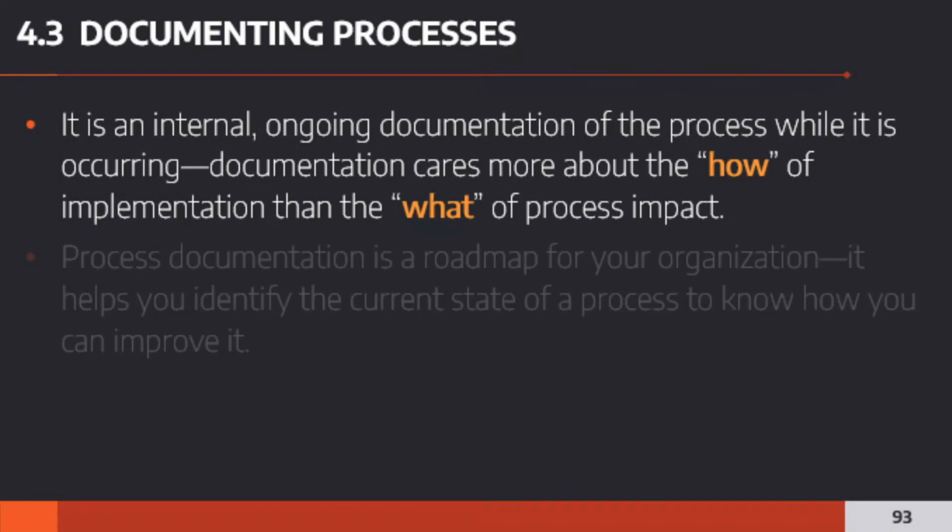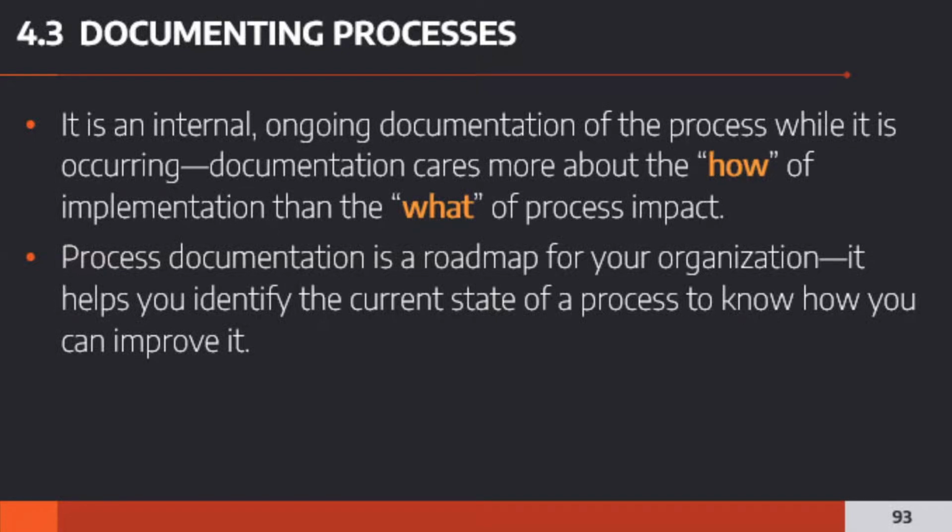Now, process documentation is your roadmap. It helps you identify the current state of the process to know how you can improve it. Where are we at right now? How are we doing things right now? For example, on borrowing books in the library. If you can document the process on how to borrow books in the library, I'm very sure that you can still streamline it. You can make it function in a way that it will guide you to your endpoint, to your finished